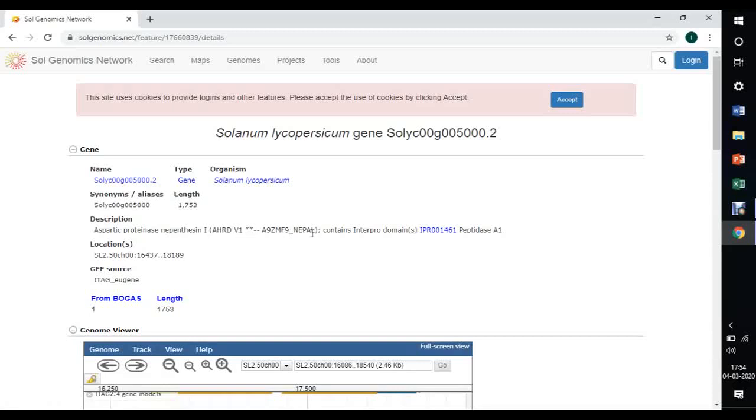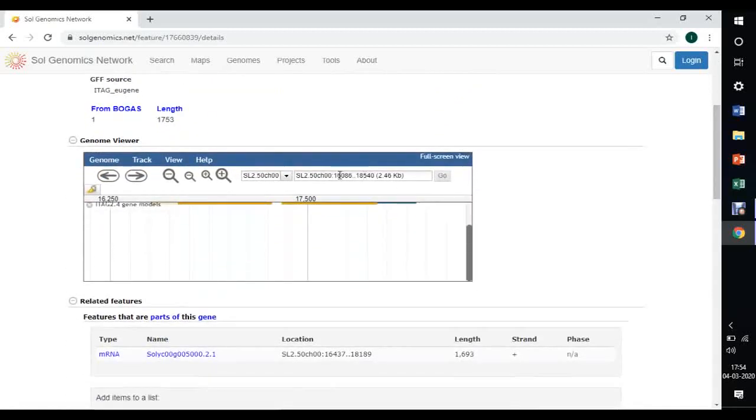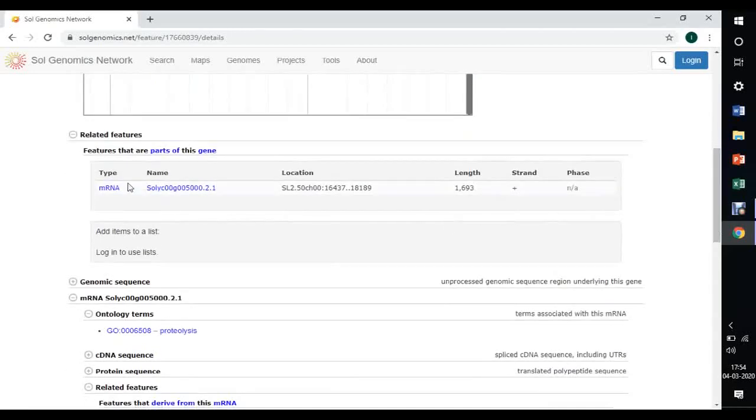It is an aspartic proteinase nepenthesin, and you can see the length of the gene from BOGAS and the genome data viewer. Related features: parts of this gene like mRNA and location and length of the mRNA, and you can see the genomic sequence also.